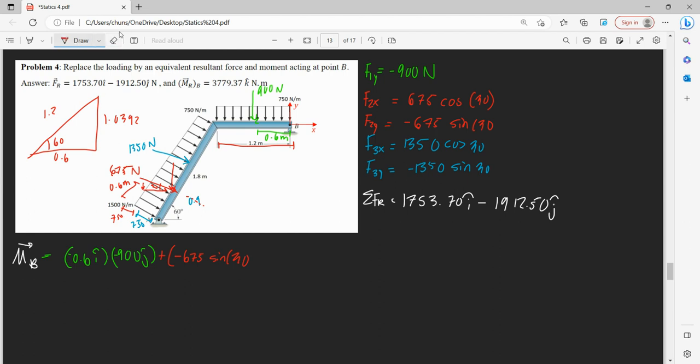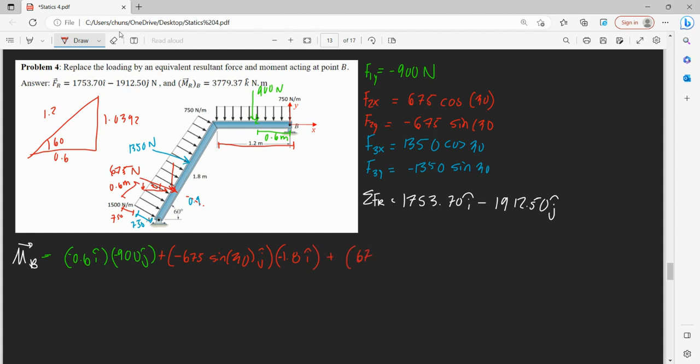And this is in our negative j direction. And this is multiplied by 0.6 plus 1.2, that's a horizontal distance of 1.8, and we started from B to go there, so then that is in our negative i direction,